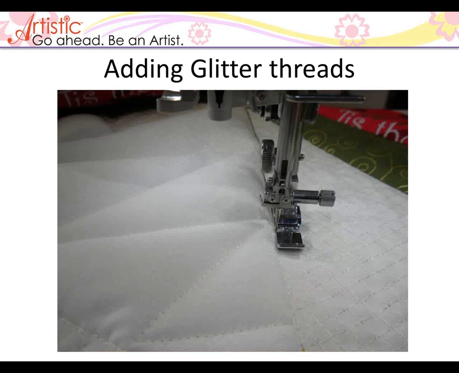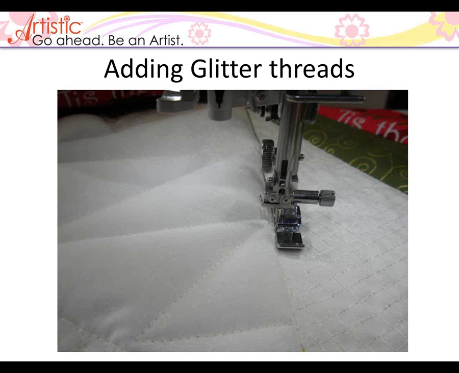I grabbed some glitter threads that I had, and I used my zipper foot, and I stitched close to the tree and tried to stay on that line that would be right next to the tree here. And I went all the way around the tree with a green glitter thread. Then I went down both sides of the tree trunk with a brown glitter thread, and just so that it had even more color,